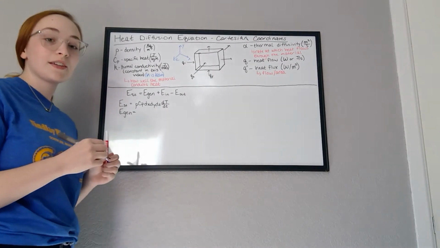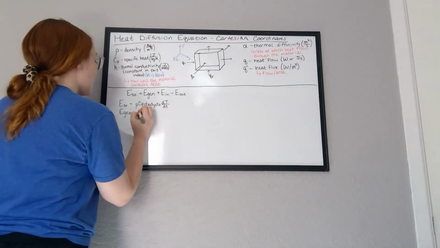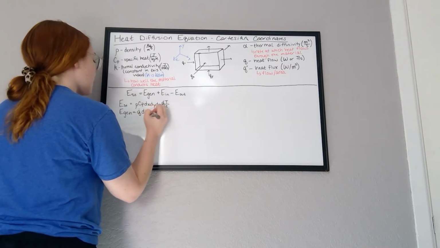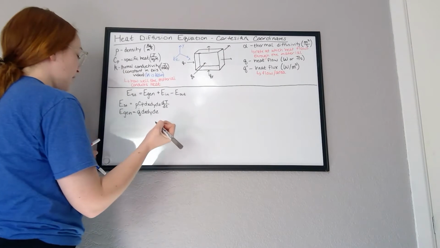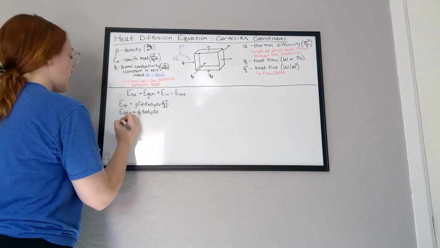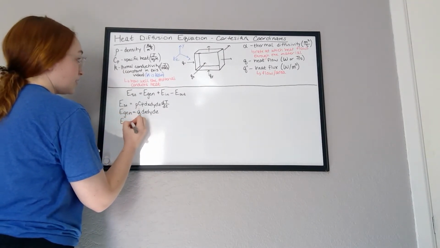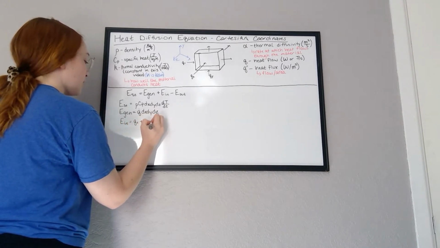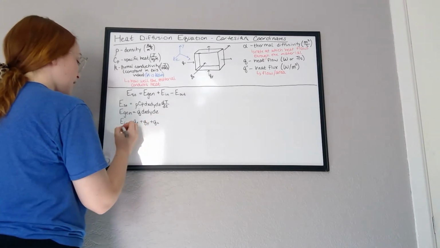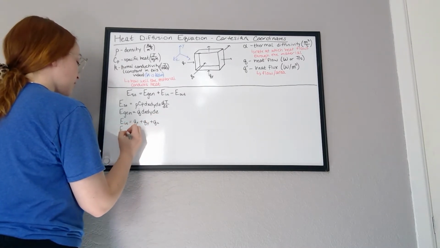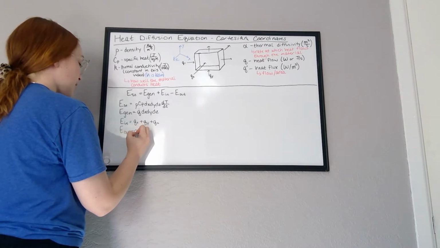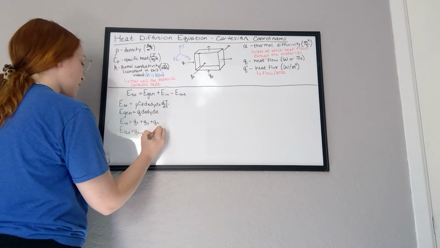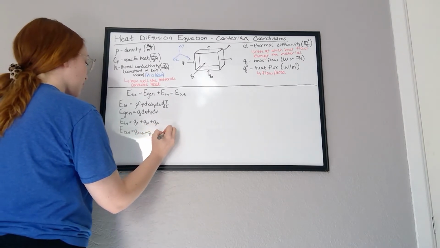The energy generated is equal to the heat flow for the volume, and then the energy in, as shown in the diagram, is equal to the flow in the x plus the flow in the y plus the flow in the z, and the energy flow out is equal to the flow in the x plus dx plus the flow in the y plus dy plus the flow in the z